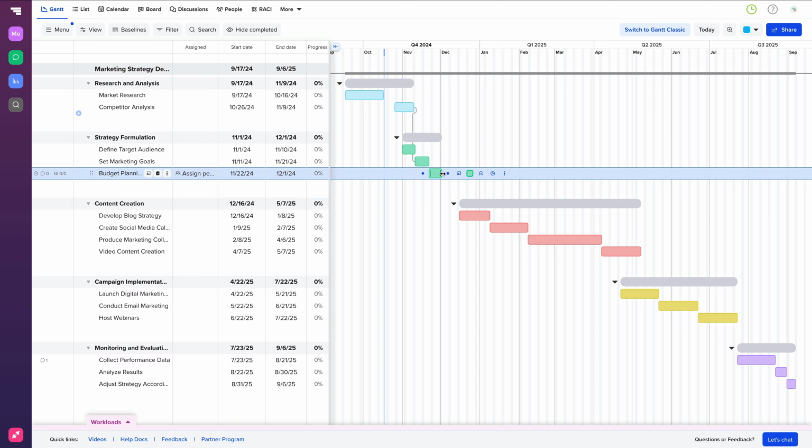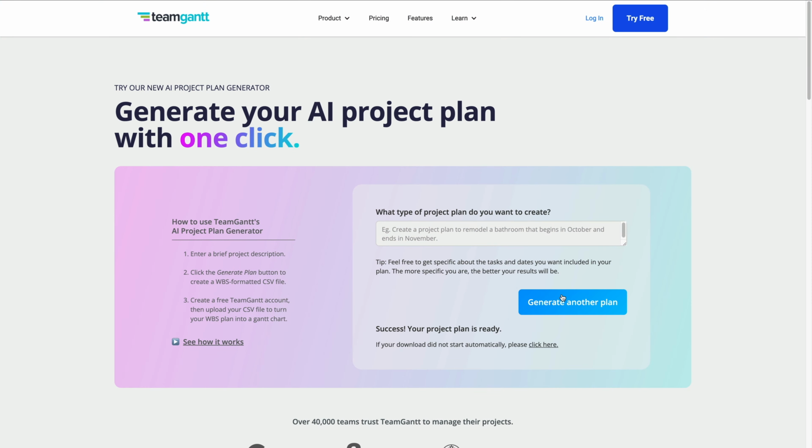In seconds, our AI generates a comprehensive project plan for you. This includes groups and tasks all thoughtfully laid out. All you have to do is download the ready to upload WBS formatted CSV file and upload it directly into